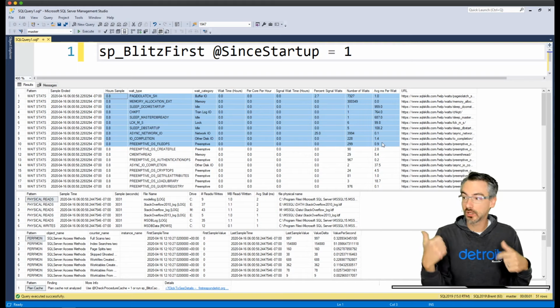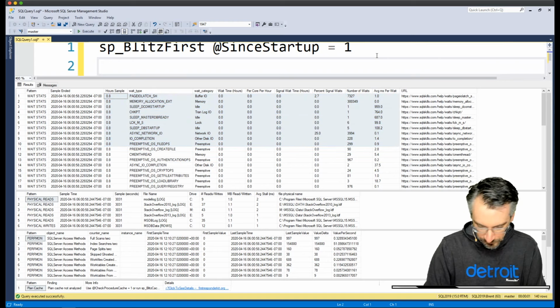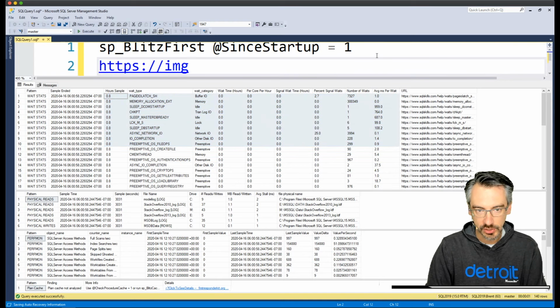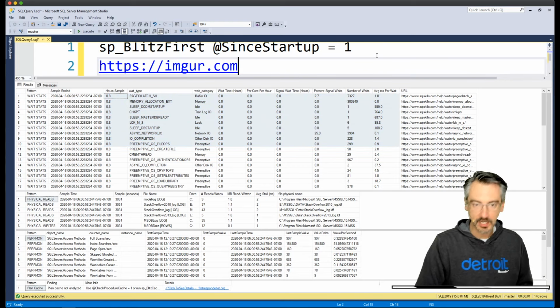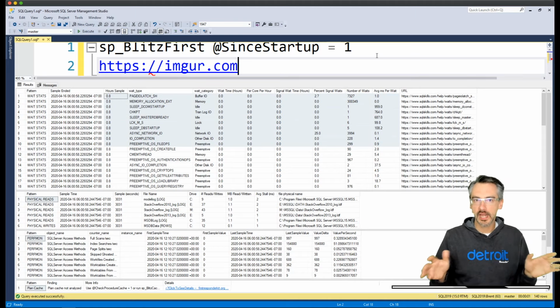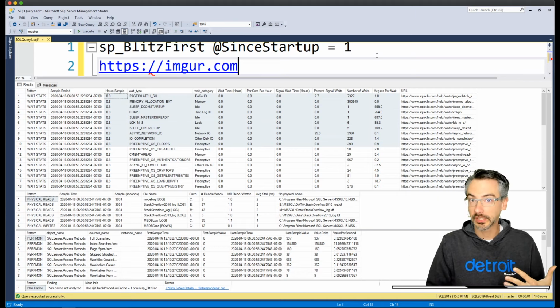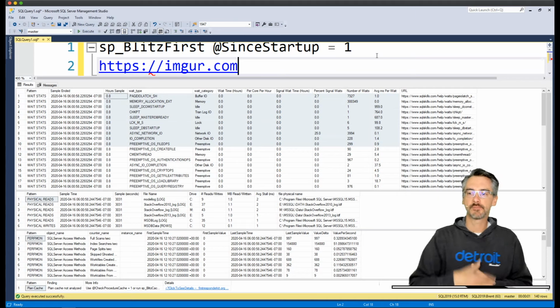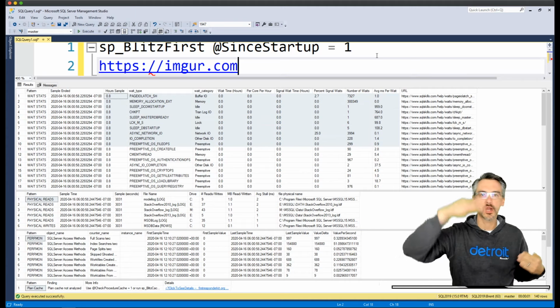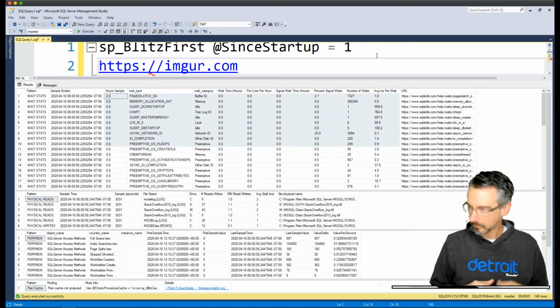If you've got these wait stats, go over to Imgur. I should put the link inside there. After you take your screenshot, go over to Imgur.com. Paste your screenshot into there. Just keep in mind you don't want to have anything private or things that you'd worry about being shown publicly because it literally is shown to the public. And then paste your wait stats in here and I'll work through them first come, first served, just going through them in order. All right.